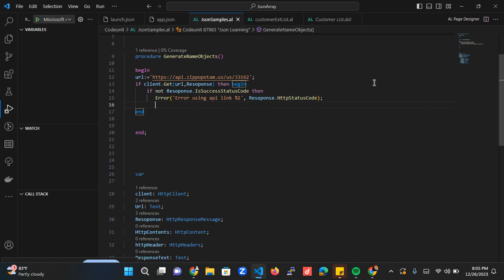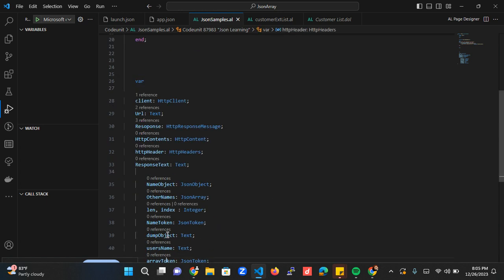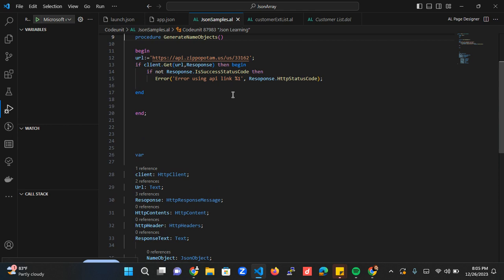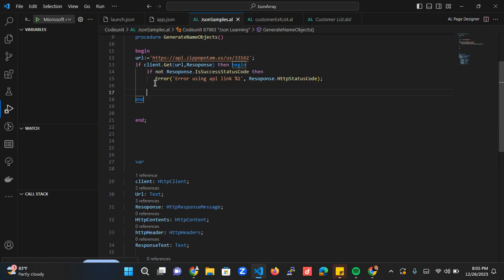So if there are no errors, we are ready to work with the response. You see, before we added a variable down here, we call that dump object. So we can also make use of that dump object here. Since I have my response here, I can say,